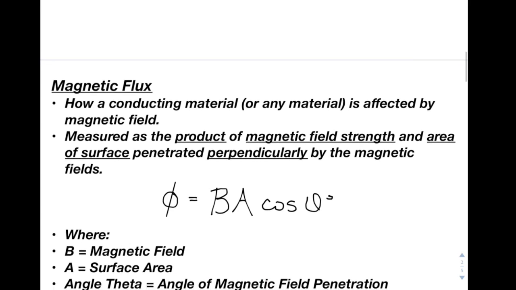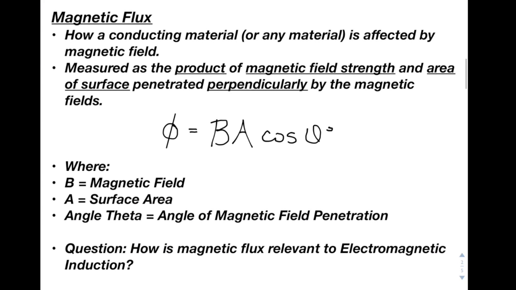And magnetic flux is essentially how a conducting material, or any material for that matter, is affected by a magnetic field. So magnetic flux is measured as the product of a magnetic field strength and the area of the surface penetrated perpendicularly by the magnetic field. The word perpendicularly is used because when the magnetic field penetrates the surface at a perpendicular angle, the magnetic flux will be at its greatest value. We're going to see later how when these magnetic fields penetrate a surface area in parallel, there will